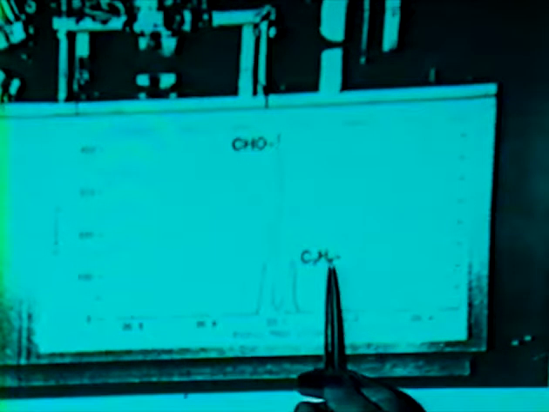I've sketched in here to try and highlight the sort of resolution of mass that these spectrometers have. Here we're actually going along in 0.2 of a mass unit, and this is mass 29 here, and obviously CHO and C2H5 are both nominally mass 29, but they're separated by the fact that there are 5 hydrogens on here and only 1 on there, so there's a few 0.008s, and you see we get baseline resolution between the 2 states. And this is the sort of instrument which we're using now to look at surfaces of fibers and